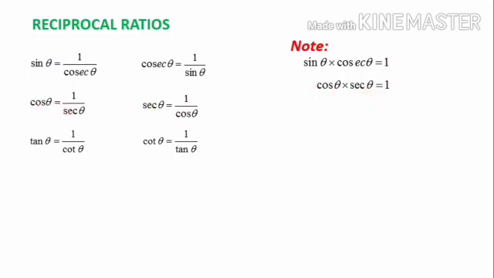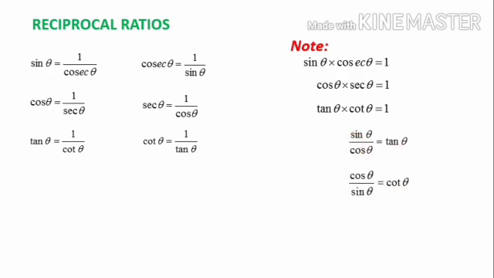Here also cos theta into sec theta we have to change as 1 by cos theta. So cos theta into 1 by cos theta cancel. Finally we will get 1. Again tan theta into cot theta is equal to 1. There are two other formulas, that is tan theta in terms of sin and cos, that is tan theta is equal to sin theta by cos theta.